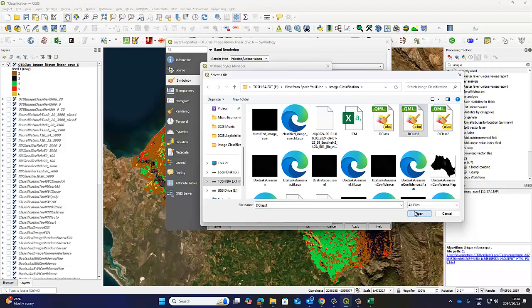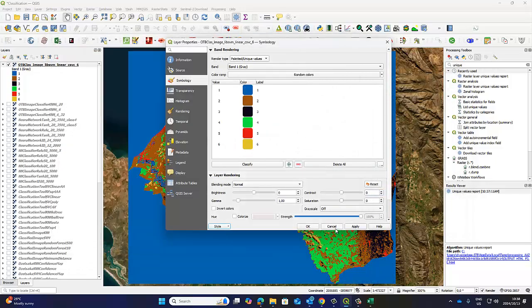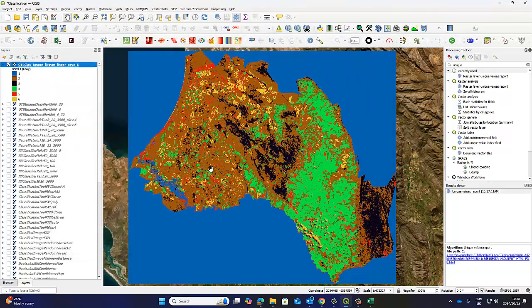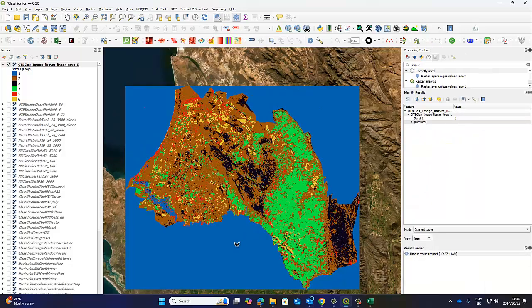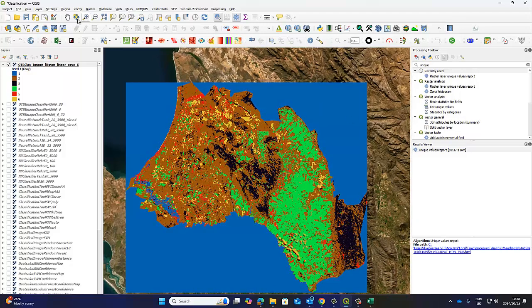There we go, open, load style, close, close, okay, close. So I cannot exclude this background because it's also 1. Okay, so I could have just used this. You'll see that's 1, 1, 1, and then there as well is 1. So unfortunately, I can't exclude it